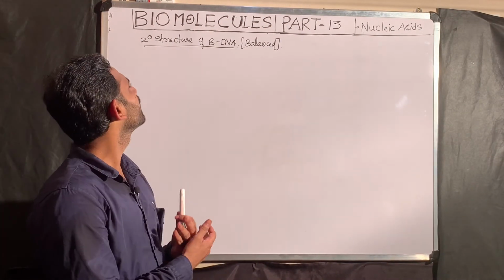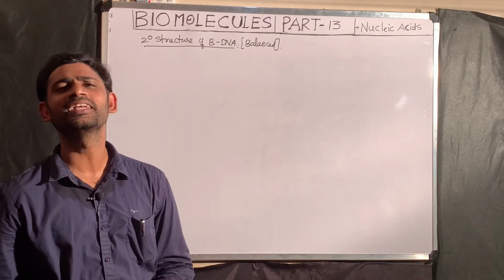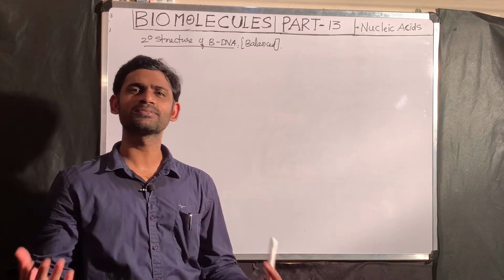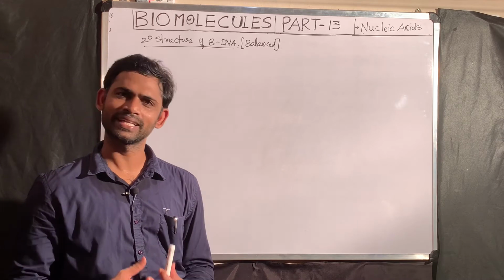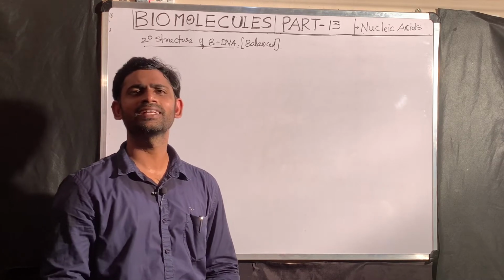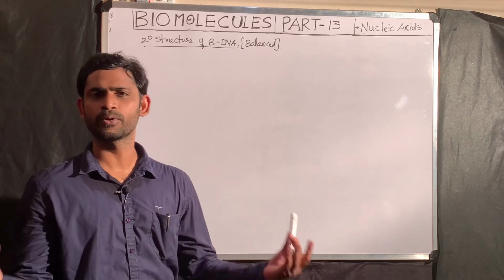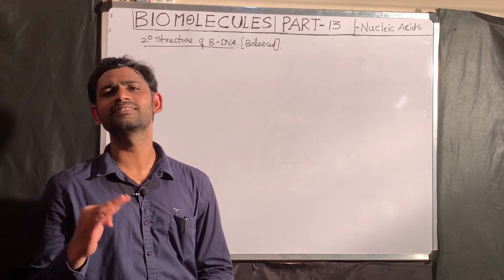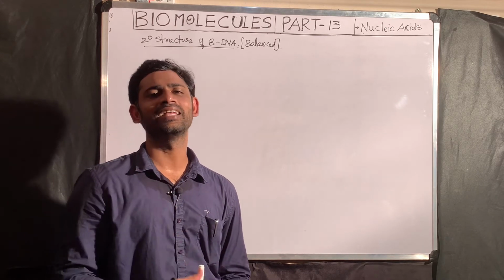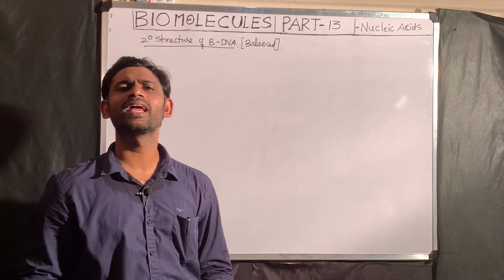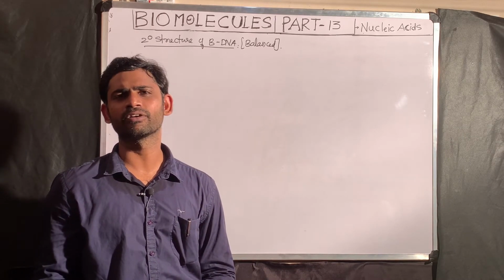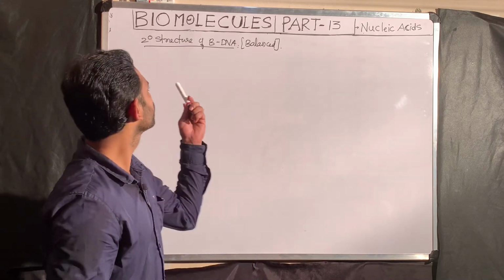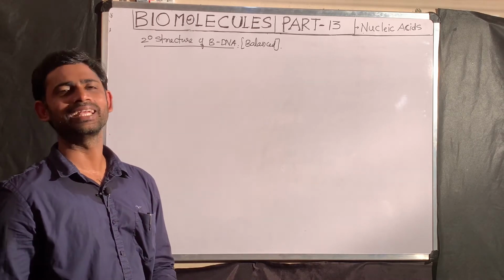Now I am going to tell about the secondary structure of B DNA. B stands for balanced DNA. Why is it called B DNA? There are different forms of DNA indicated by alphabets. The most common forms are 3 types, which are stable under appropriate conditions. One is A DNA, alternative DNA, B DNA, balanced DNA, and Z DNA, zigzag DNA. But this balanced DNA is the most stable form of DNA conformation in the physiological or cytoplasmic condition of a cell. So now I am going to explain the secondary structure of B DNA.